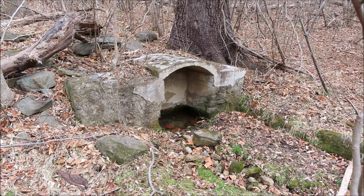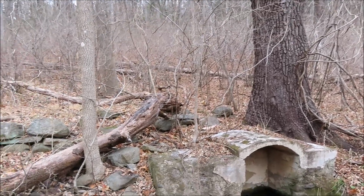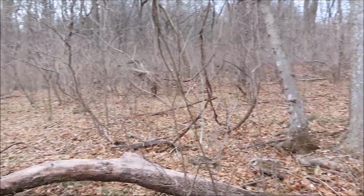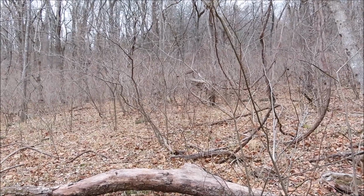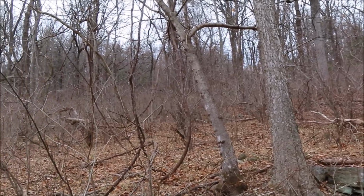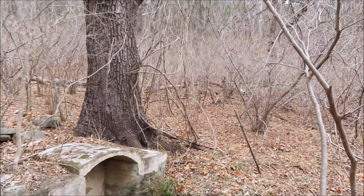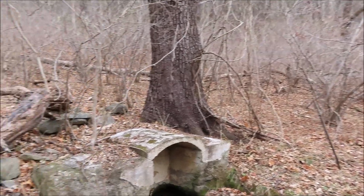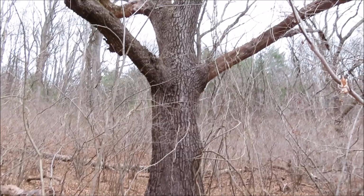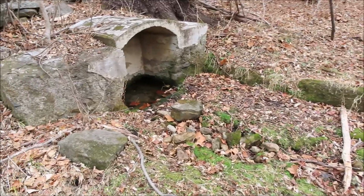Well, look at that. There's the spring house right there. Up there's the road I came in on. You can see they armored it up here on the low side, and then it heads on to the west. Now, I'm going to go above this, up there on that rise, and look around, see if I can find anything. But there's definitely a road. Jenny Gray, it's called on the maps. It comes in here, and you come in maybe 100 yards and look to the left. You'll see this big honking tree right here, and right next to it is this spring house. And then it drains